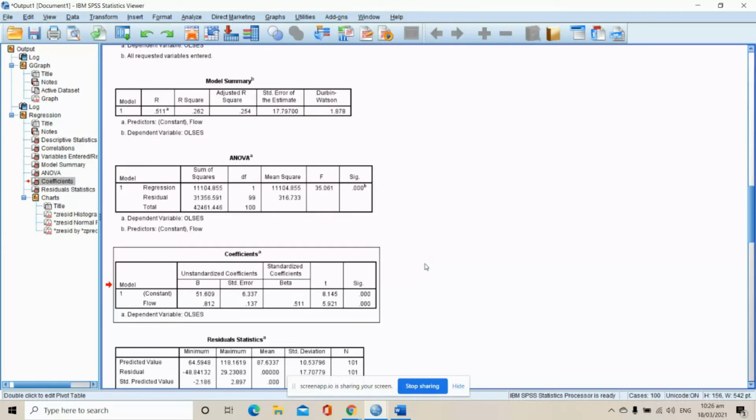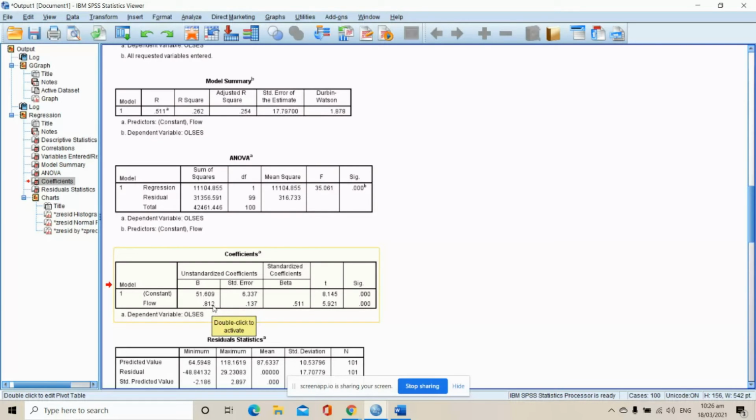We can see B here, but no A, no column for A. Actually, both A and B are in this column labeled capital B. Remember that A is a constant. So this value of A is 51.602. That is actually our starting point. Then the B value is